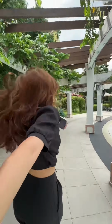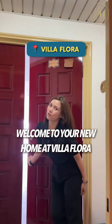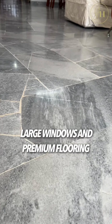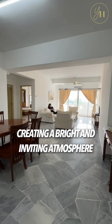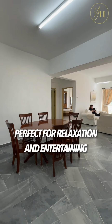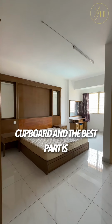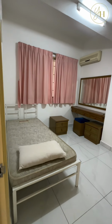No. Welcome to your new home at Villa Flora. The open concept living and dining area boasts high ceilings, large windows, and premium flooring, creating a bright and inviting atmosphere perfect for relaxation and entertaining. Each bedroom is equipped with a mattress, cupboard, and the best part is...